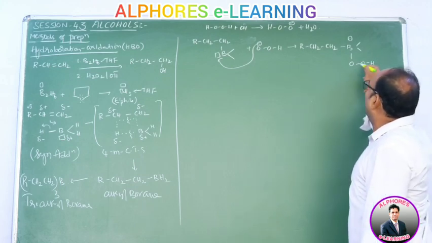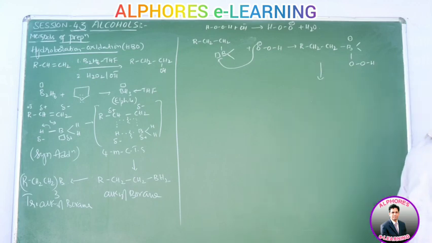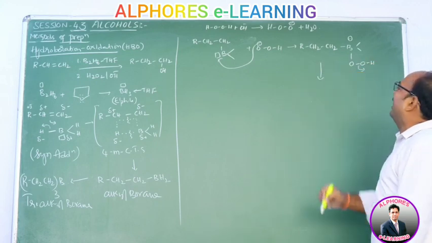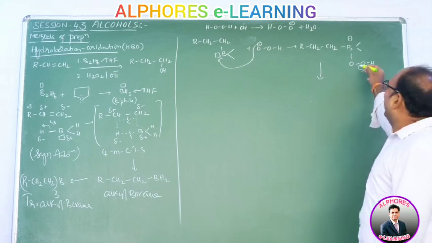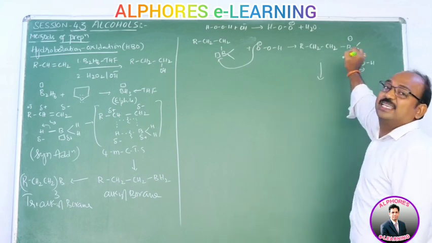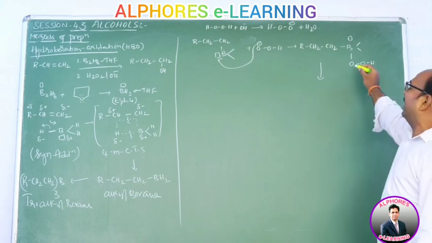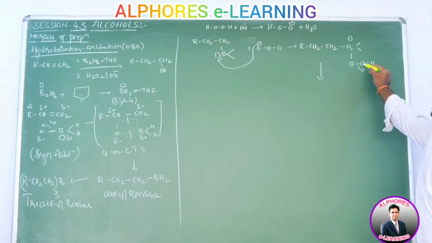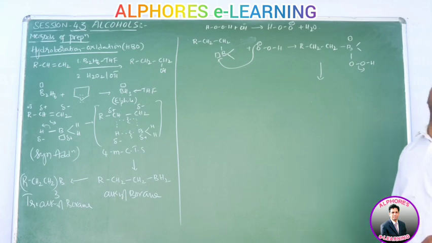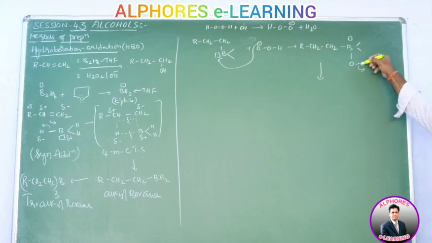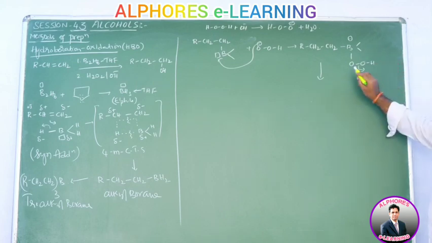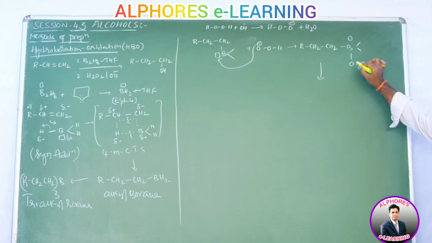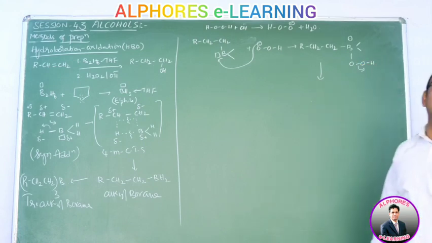A bond in between two electronegative atoms is highly unstable. And here OH minus departed. When OH minus departed, what happened? Oxygen with a single bond is electron deficient oxygen, and it has to bear a positive charge. I am repeating once again: since the peroxy bond is highly unstable, one of the oxygens pulled back electron density towards itself, and this oxygen is converted to electron deficient. But electron deficient oxygen is highly unstable.